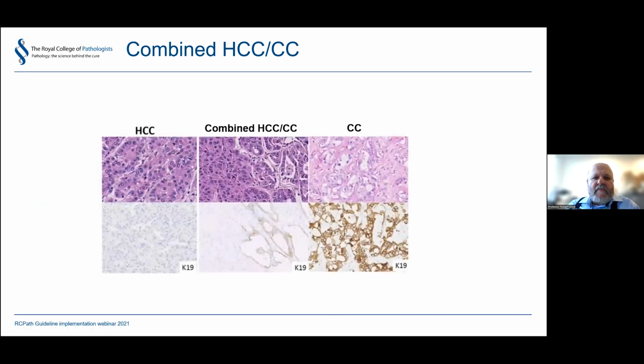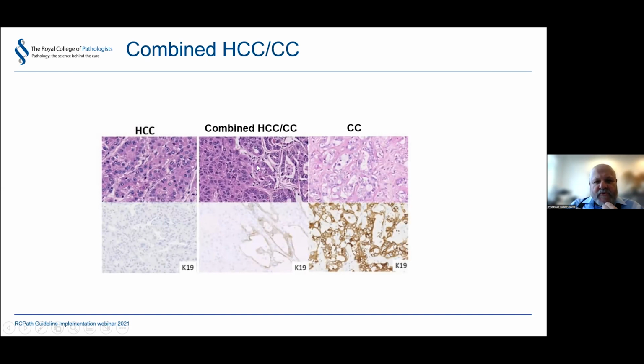We're going to talk about combined tumors now. This is really an overlap between the previous talk and my bit. So liver HCCs we've heard about. We say that they're normally cytokeratin-19 negative, but that of course is not true in a significant number of cases, in which CK19 in classic HCCs may carry prognostic significance. I'll come back to that. Cholangiocarcinomas, of course, are almost always CK19, or more correctly K19, positive.